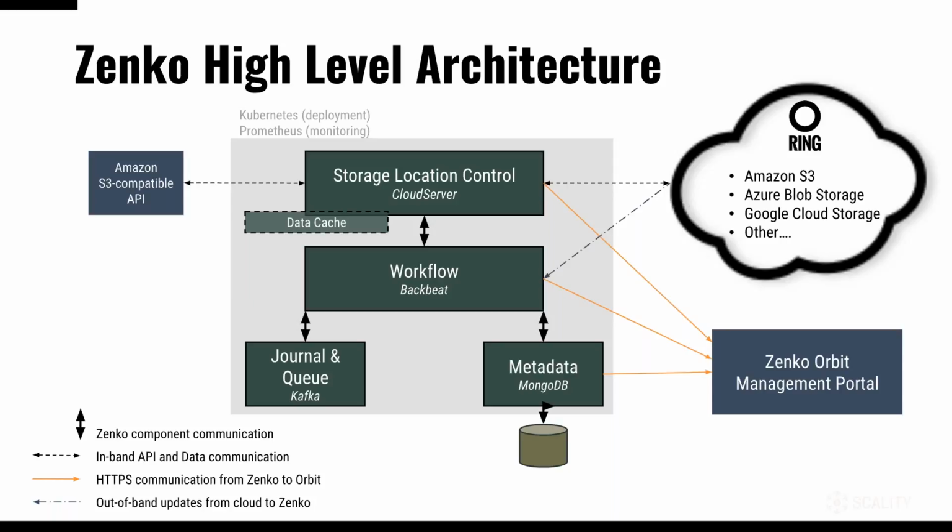There's a concept of a cache. I will talk more about it later on, but you can configure Zenko to cache some of your data for faster access and also for bandwidth reasons as well. There's a workflow engine, and we'll talk more about that later on, but it's basically applying all these policies to your data, how many copies to which cloud, managing the queues. We use Kafka for the actual dispatch of tasks into the system. And there's a lot of metadata going on, and we decided to use MongoDB as our metadata engine, and it does scale from a few nodes or one node to hundreds of servers if you need to. All of this can be configured directly